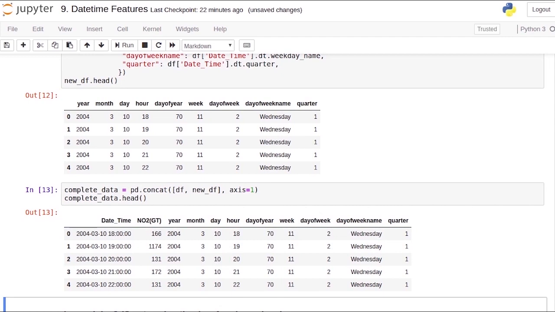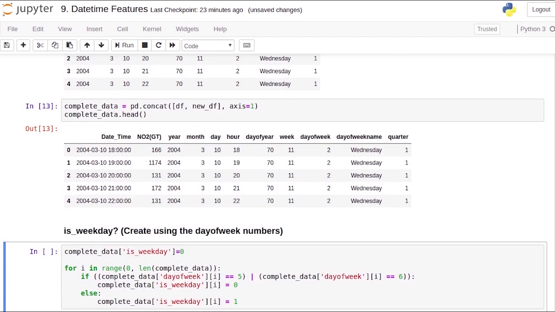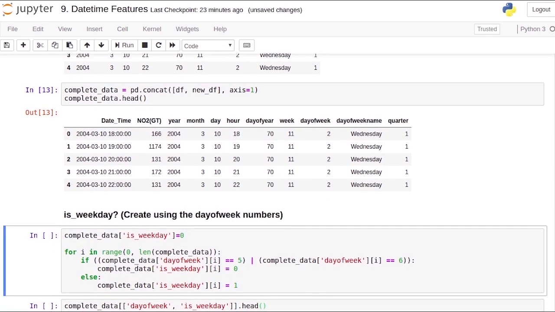Gotta love feature engineering. So far, we've discussed features we can directly create using pandas. Now, there are some additional features we might want to add to the data, like whether the given date is a weekday or a weekend. Since we were able to extract the day of the week, we can check if it's a weekend using this value. This is the code to do this.